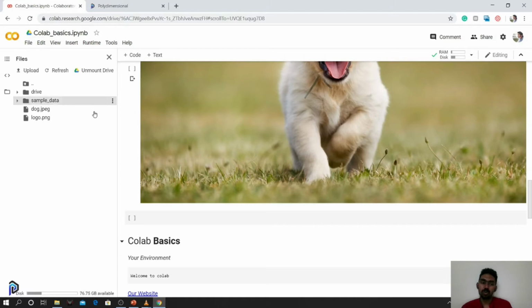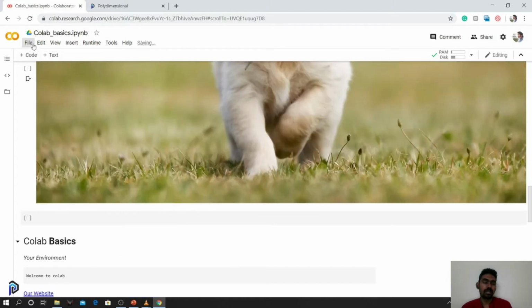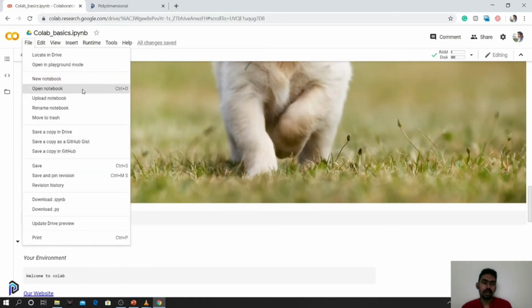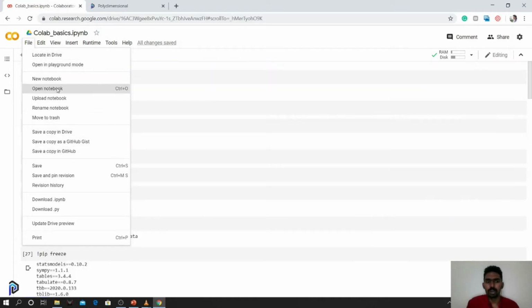We have seen the notebook settings. Now we'll see some of the basic options that we have. Most of these are self-explanatory, but you can open a new notebook, upload a notebook, and similarly save a copy. Since it's stored in a drive, you can also save a copy immediately. You can also host your notebook on GitHub. You can save directly from here to GitHub, and you can look at the various revisions and updates that you have done. You can download it as an IPython notebook and also as a .py file.